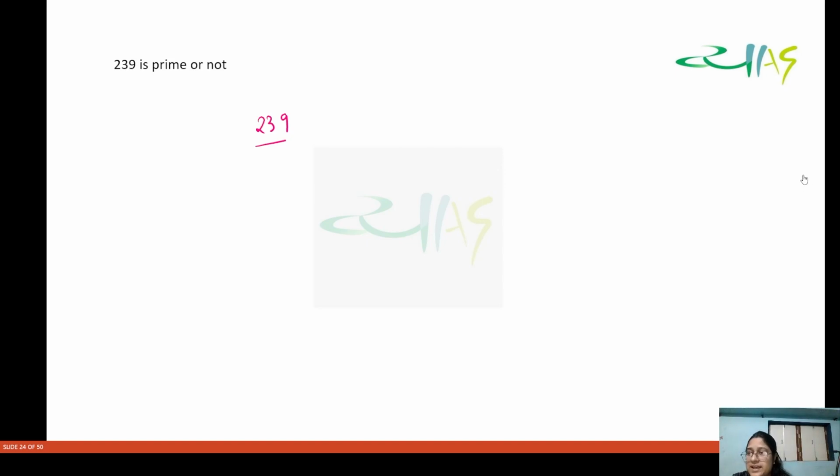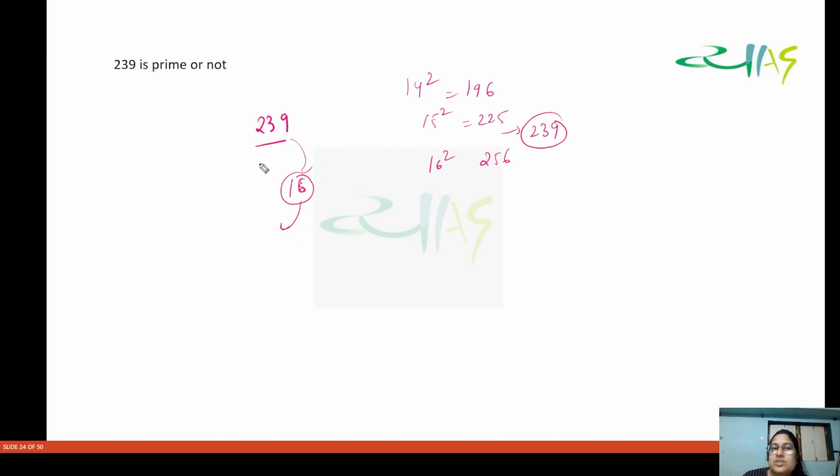हमको वो टेबल काम आ जाएगी, है ना, जिसमें स्क्वायर दिए थे। ठीक है, तो मुझे पता है कि 14 का स्क्वायर 196 है, एंड 15 का स्क्वायर 225 है, एंड 16 का स्क्वायर 256 है। ओके, तो ये जो आपका 239 है वो किसके किसके स्क्वायर के बीच आ रहा है, 15 और 16 के। तो मैं इसको क्या करूँगी, 16 अप्रॉक्सीमेट कर लूँगी और 16 के नीचे जो भी प्राइम नंबर है उसकी इससे डिविजिबिलिटी चेक करूँगी।